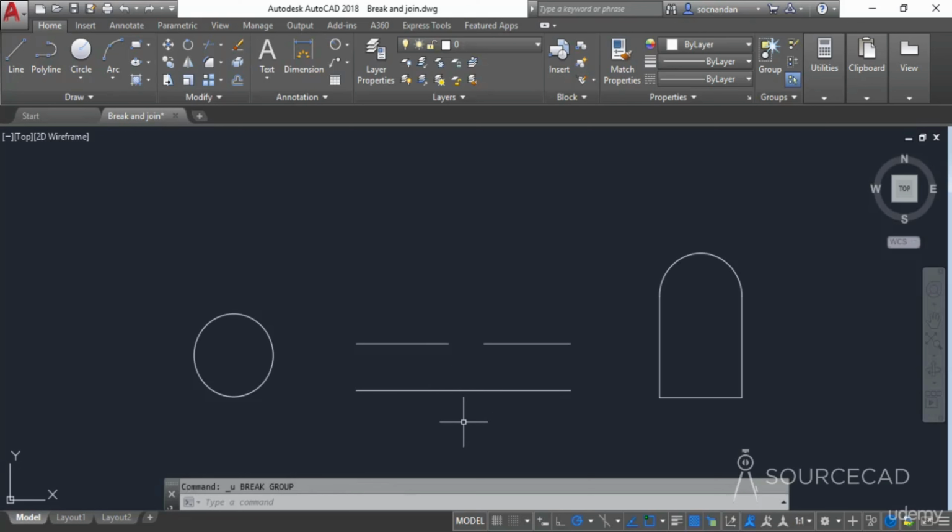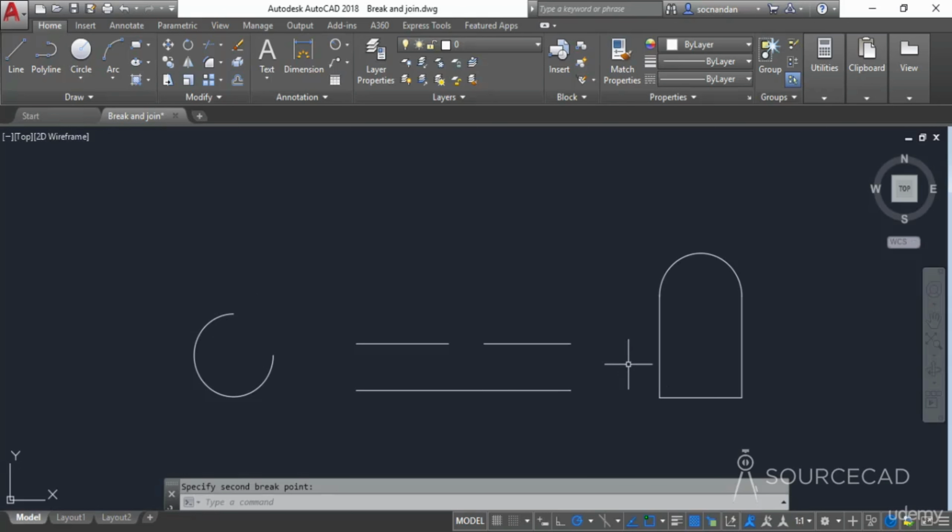I'll press Ctrl Z again, and now I'll select the break tool for this circle. Once again expand it, select the break tool and select the object here. Now we want to break a single quadrant here, and for that I'll select the first point and now click at this quadrant point and then click at this quadrant point. Now you can see that this quadrant is removed. In this way you can use the break tool to remove some of the segments from the circle, line or